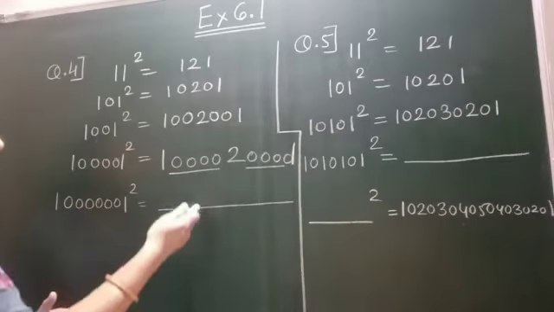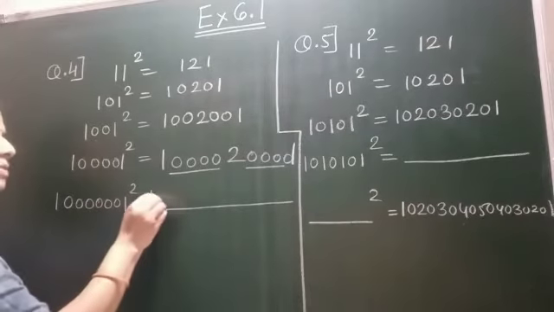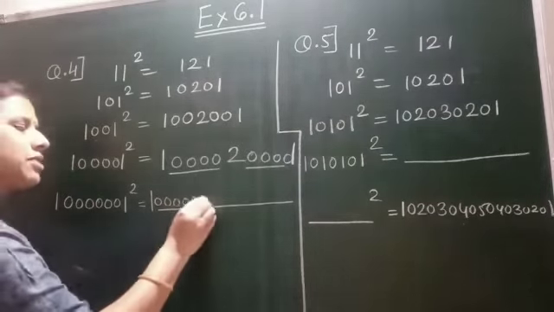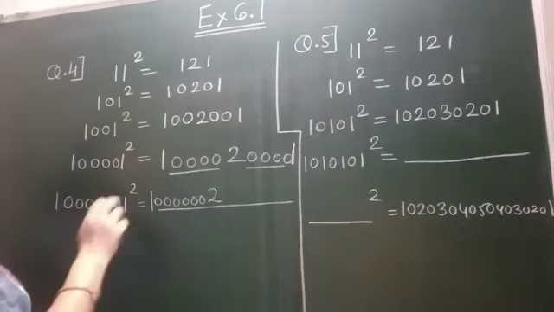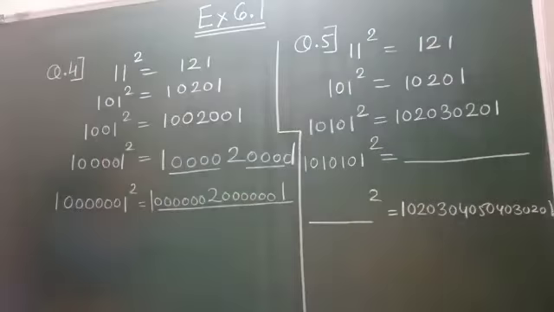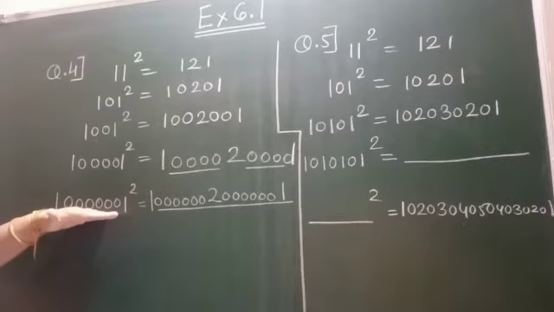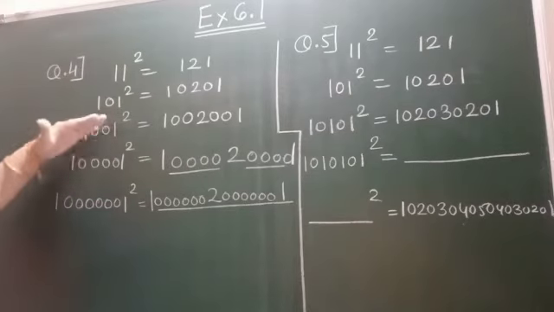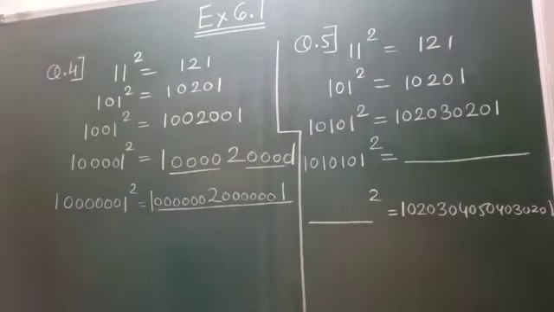So we follow the same pattern. 1, how many zeros will we write here? 6 times. 1, 2, 3, 4, 5, 6. Then which number will we write? We will write 2. Then again we will write 6 zeros, 1, 2, 3, 4, 5, 6, and then we will write 1. So students, very interesting pattern. You just have to see the given pattern above, the fourth and fifth steps, and according to the 1, 2 and 3 steps you have to fill the blanks.